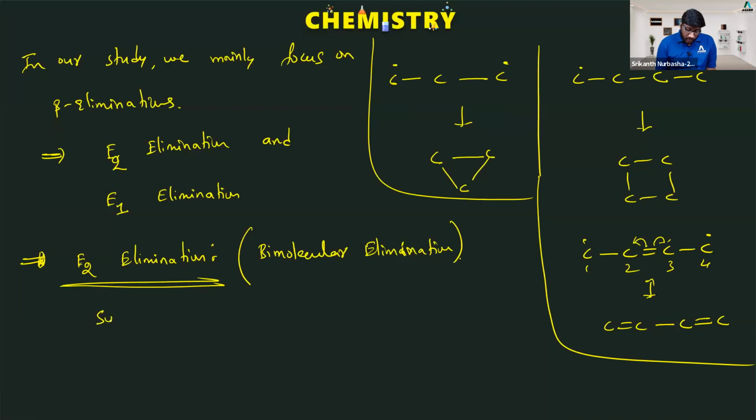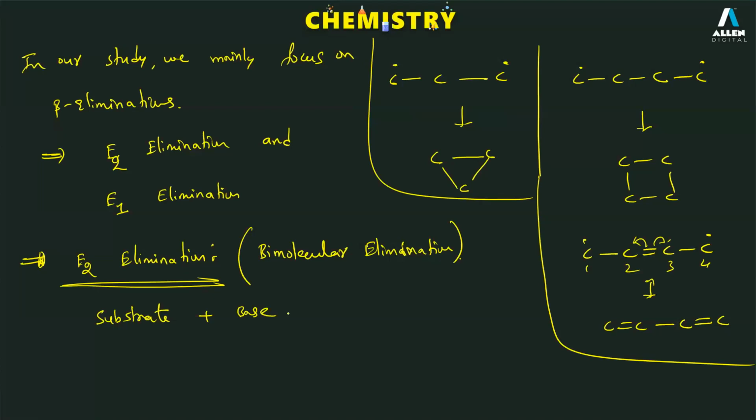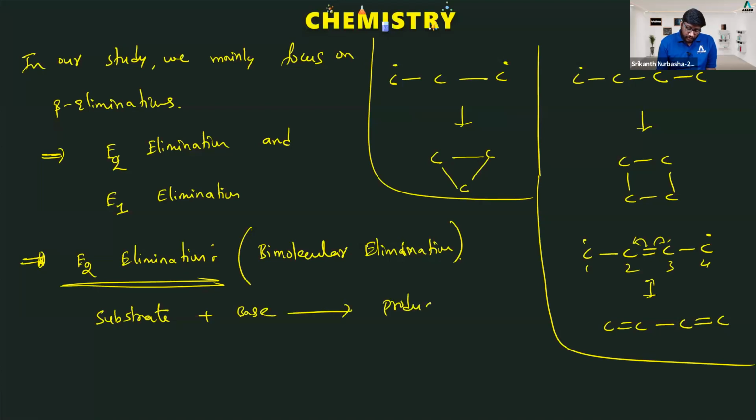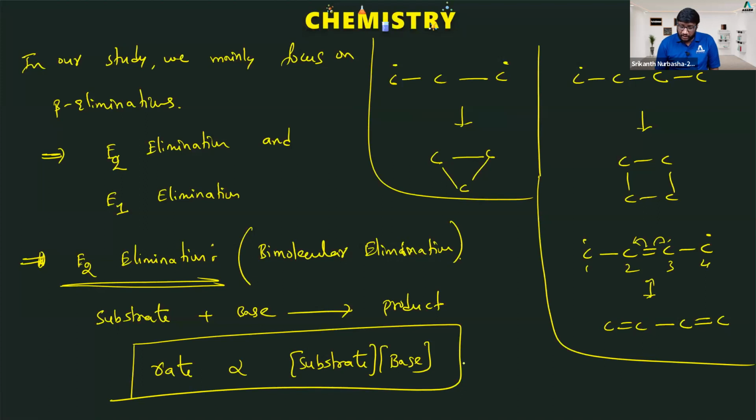So substrate plus base gives products, let us say, and the rate of the reaction should be directly proportional to the concentration of substrate as well as the concentration of base. So rate depends upon both the concentration of substrate and the concentration of base. So order is equal to 2 and molecularity is equal to 2. This type of reaction, the rate of bimolecular elimination reaction, depends upon the concentration of